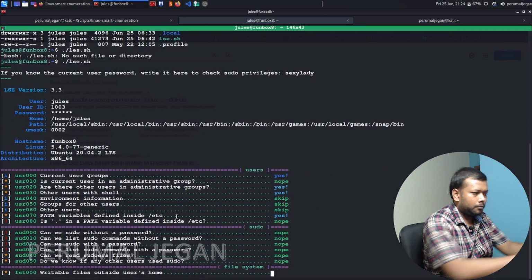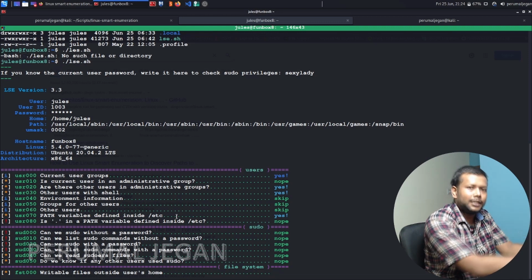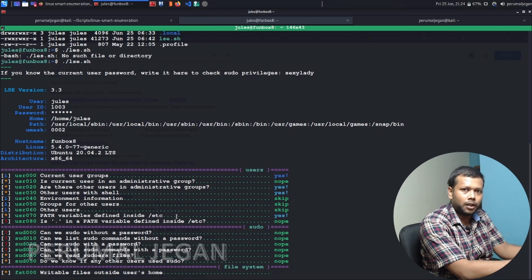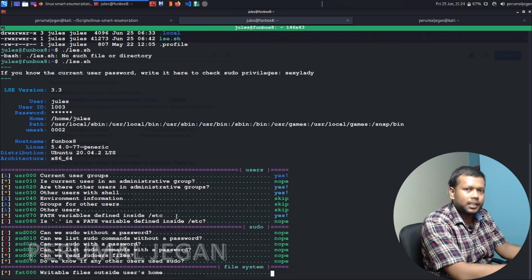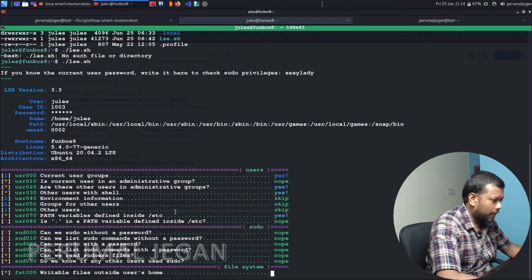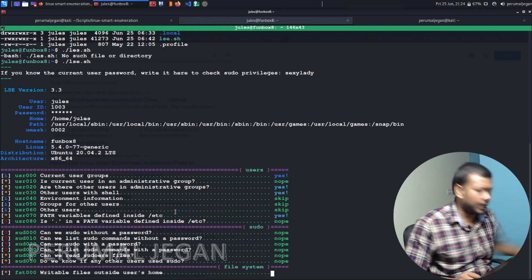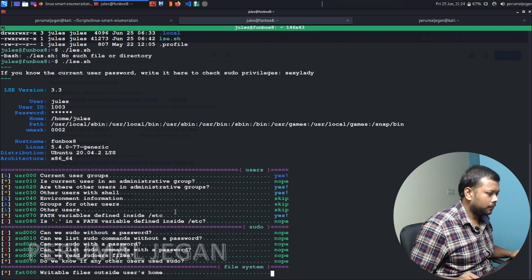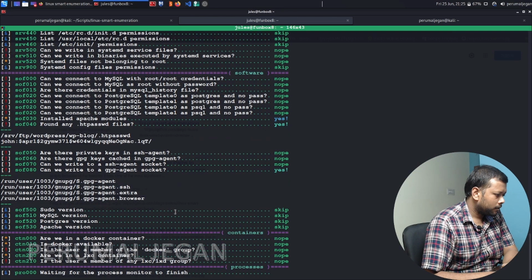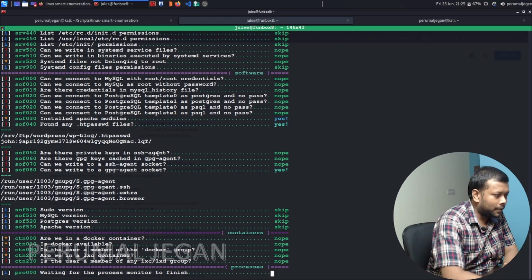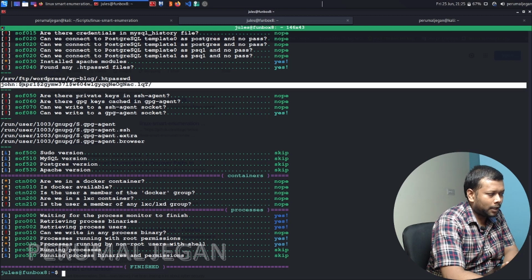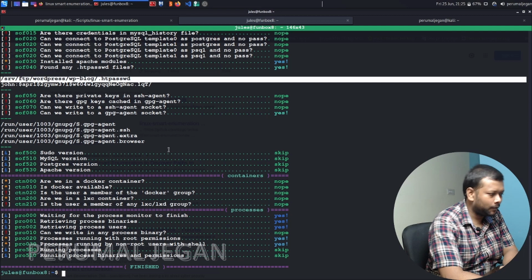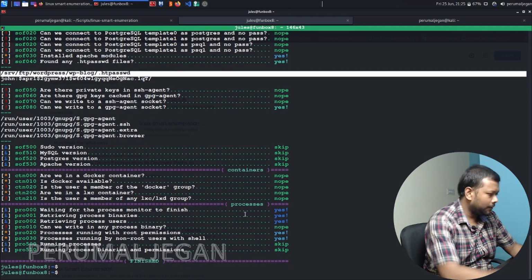This script is enumerating this Linux machine for crucial information, and that information might be valuable in privilege escalation of this machine. Let's see. We have to wait for a few seconds. I found some crucial information passing here. You can see it looks like the password hash for the user John. We got something. Let's wait. Yeah, it is done.